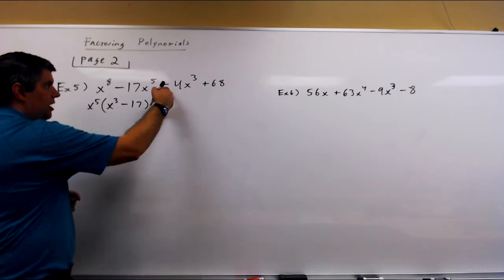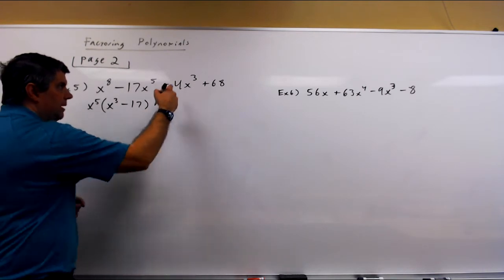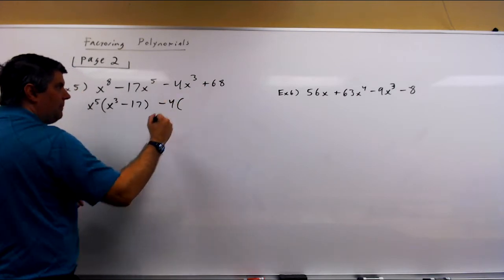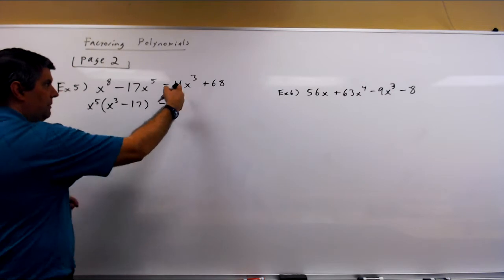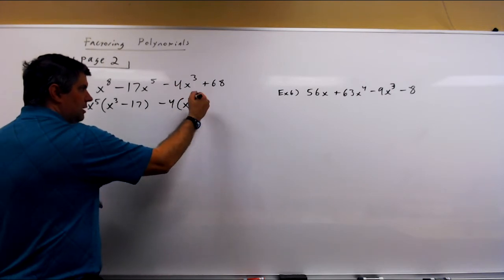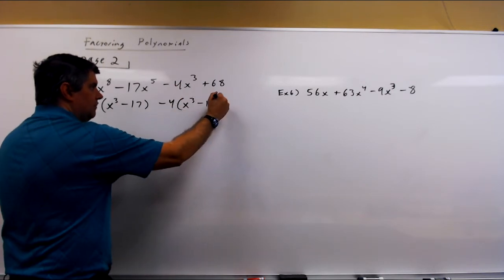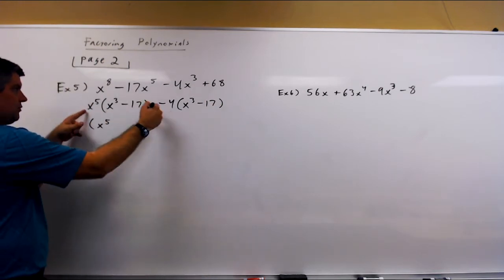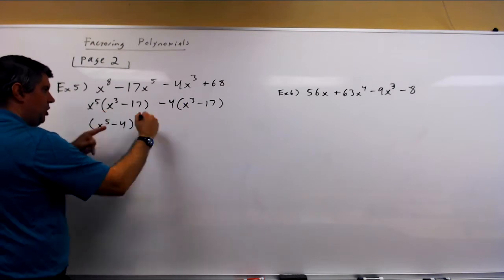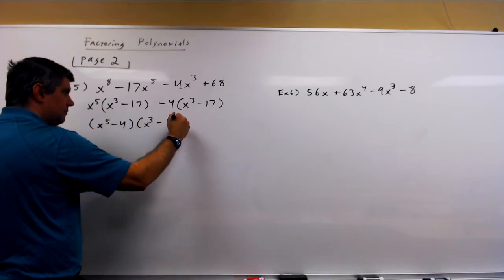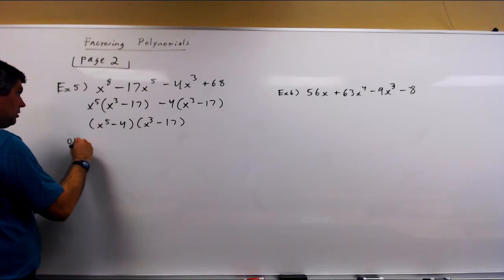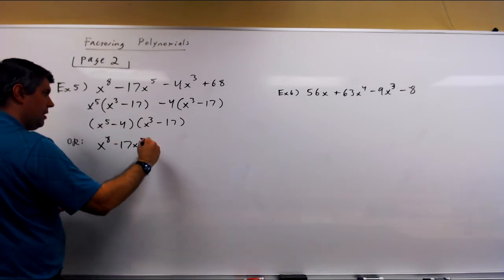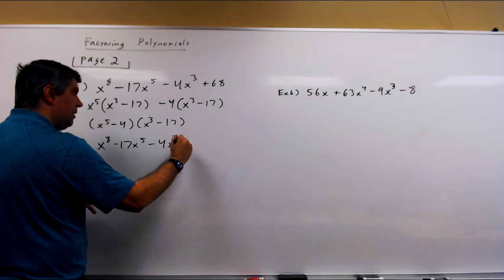Okay? Third term is negative. They're both divisible by 2 and 4. I'll take out the 4. And I'll be dividing by negative 4. So that'll be positive x cubed and minus 17. So I will have x to the 5th minus 4 and x cubed minus 17. Or what I could have done is x to the 8th minus 17x to the 5th minus 4x cubed plus